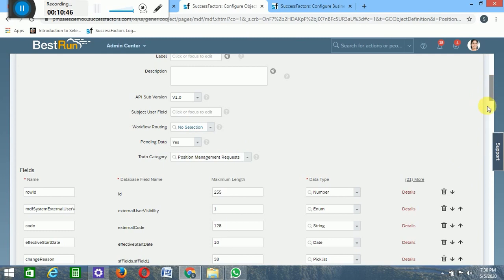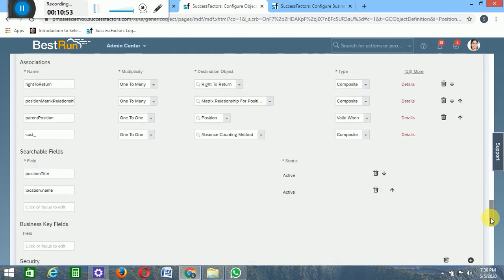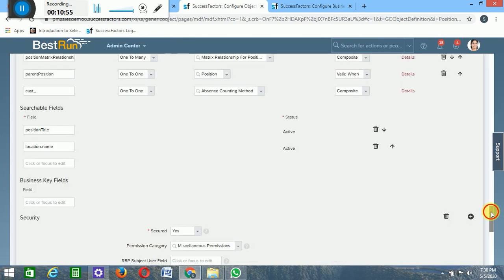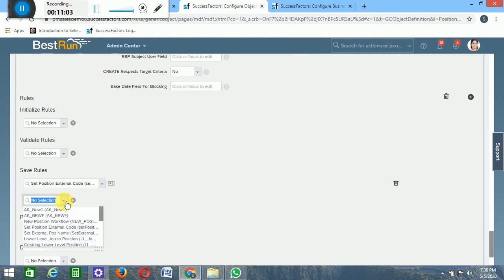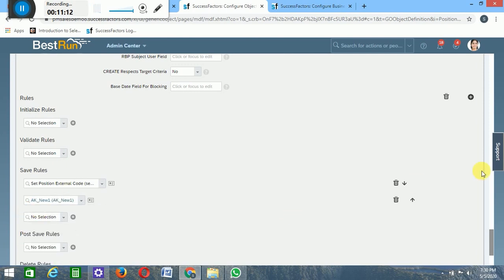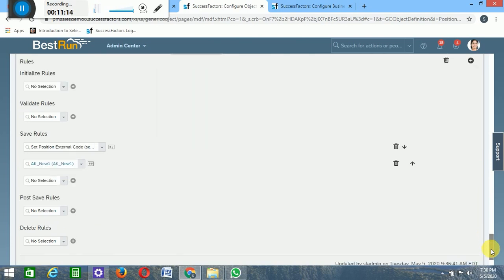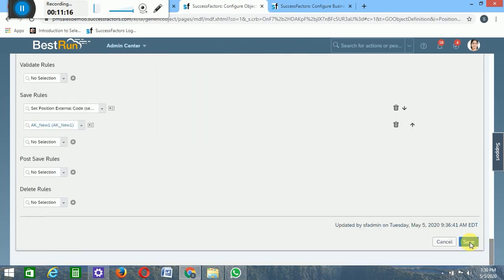Then go down, and we have something called rules: initialize rules, validate rule, and save rule. Under save rule, click on this, and what is the rule we have created? It is AK new one, right? Click on this and save.